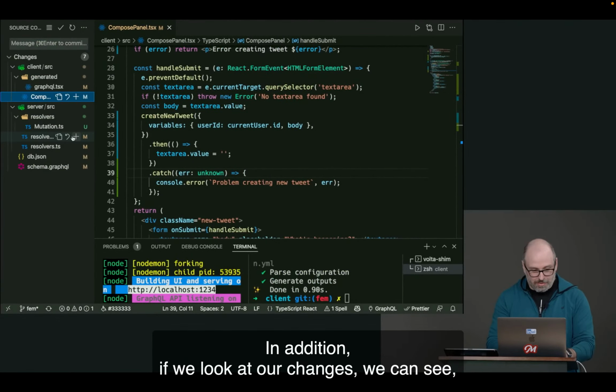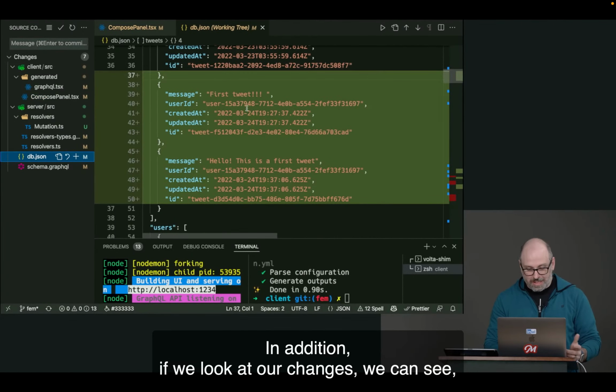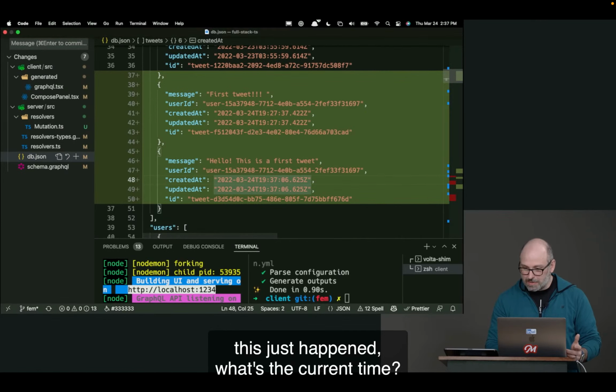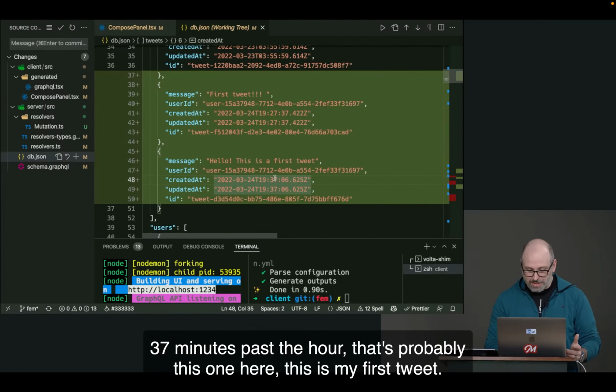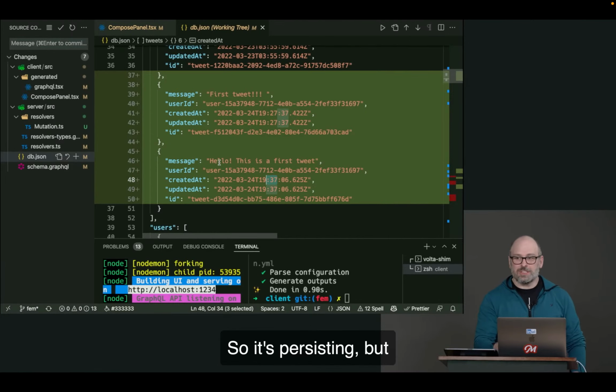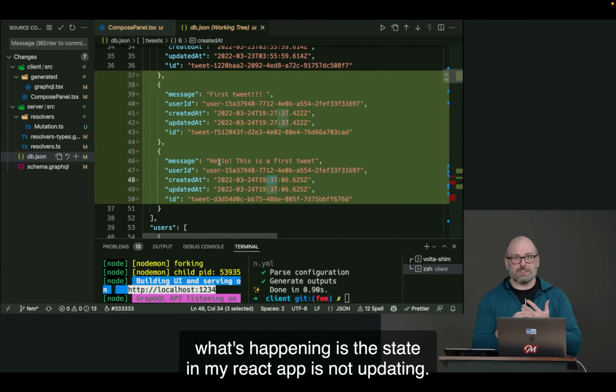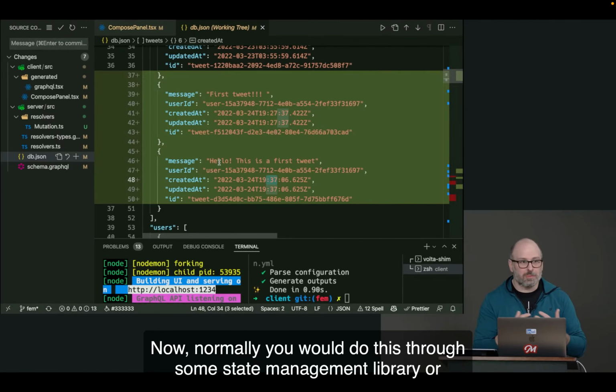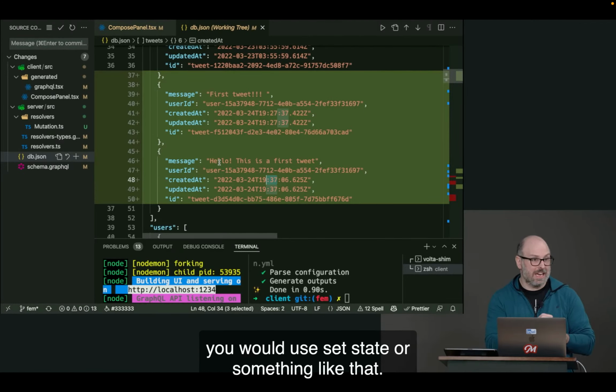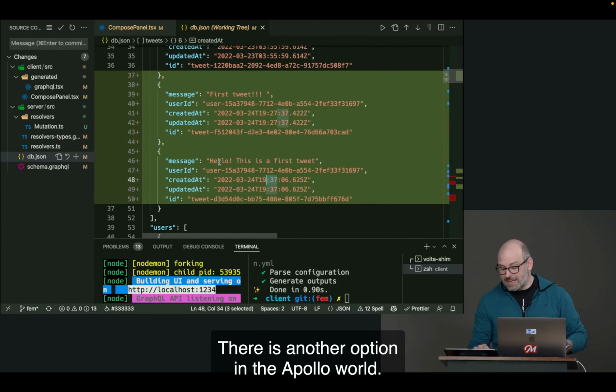We can see it. First off, when we reload, we see that the data comes back. In addition, if we look at our changes, we can see this just happened. What's the current time? It's 37 minutes past the hour. That's probably this one here. This is my first tweet. So it's persisting, but what's happening is the state in my React app is not updating. Now, normally you would do this through some state management library, or you would use set state or something like that. There is another option